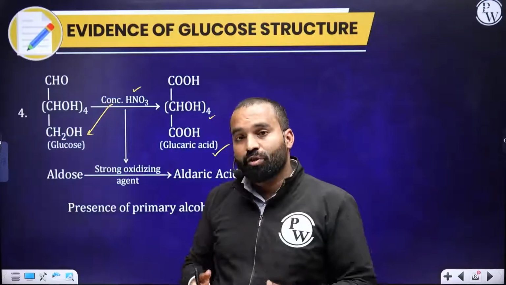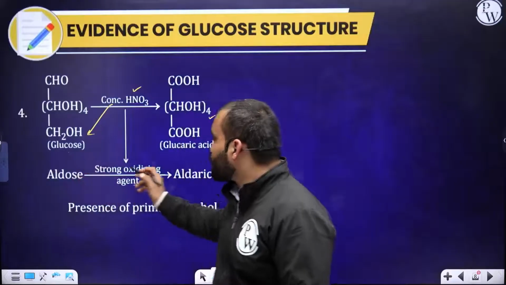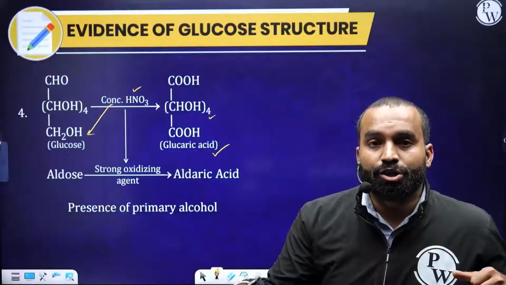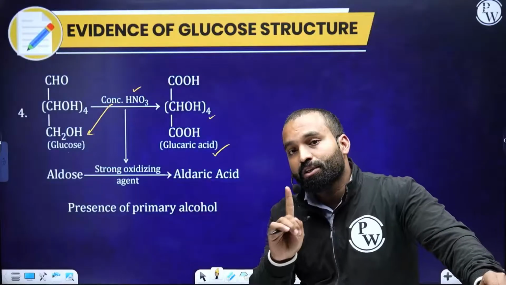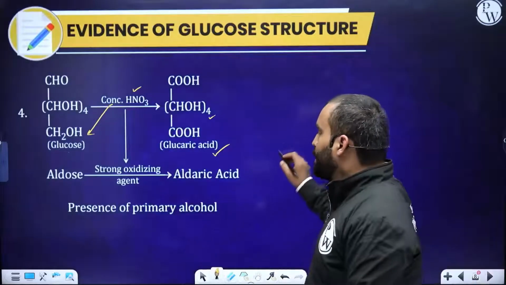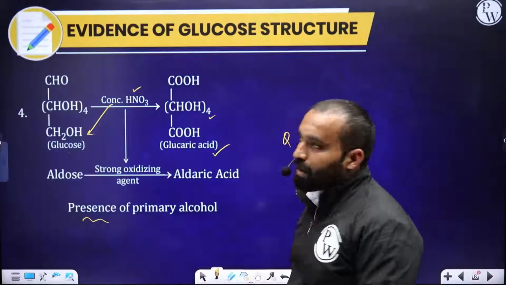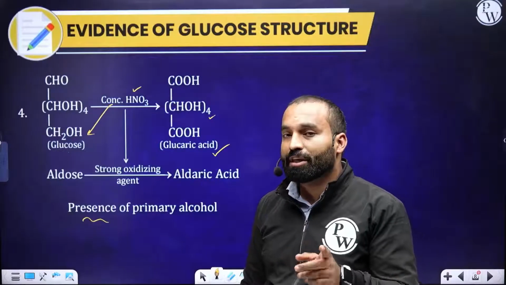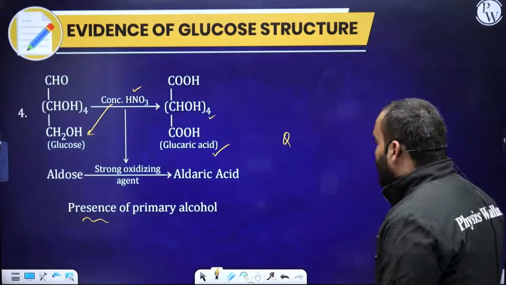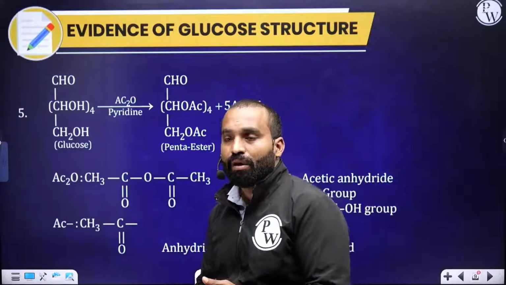What is the change in the oxidation state? How many oxygen atoms are now extra in this molecule? What has happened to glucose? It has been transformed to glucaric acid. So this makes us again sure of the presence of just one primary alcohol in this entire glucose framework. That's again another question for you guys. This confirms the presence of primary alcohol. How many primary alcohol units are present? Just one. There are another 4 alcoholic units present. How do we actually make sure that there are 4 more alcohols present?